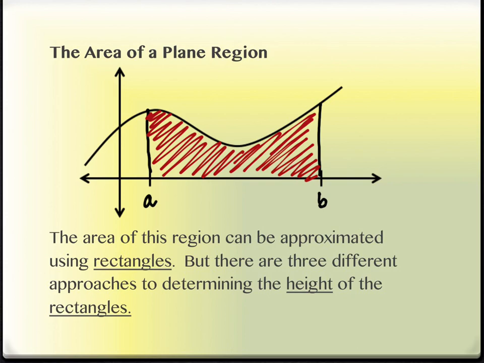Okay, so if you remember back to the first day of class, one of the things that we talked about in the first and second day was the fact that with pre-calculus, you can find the area of very rigid shapes, like squares and rectangles, right? Triangles and circles even. Circles aren't even rigid, but they're very specifically defined. This is a generic curve. In fact, it doesn't even have an equation on this one. I'm just drawing a picture, right? And I want to be able to find the area of that shape that's shaded in. But the way we want to do this is with something we already know, namely rectangles. So I'm going to erase my shading